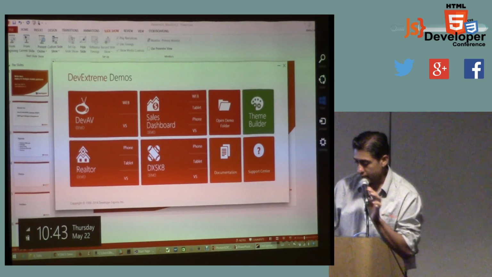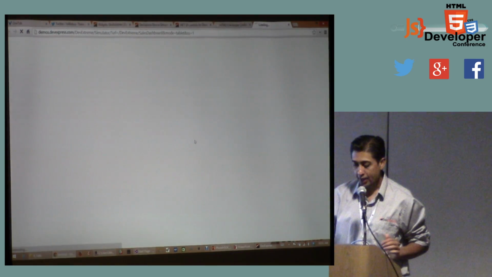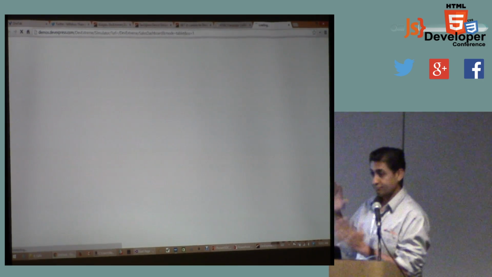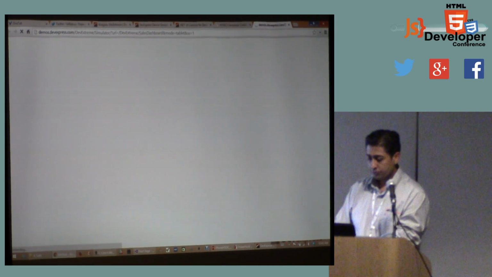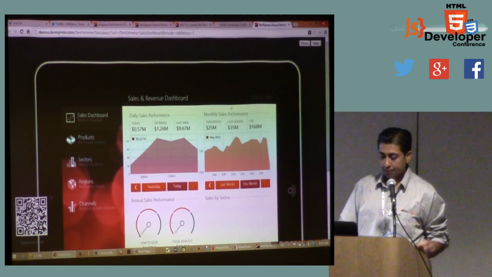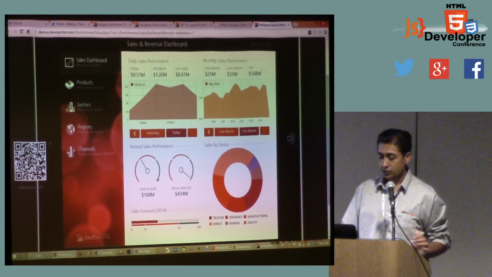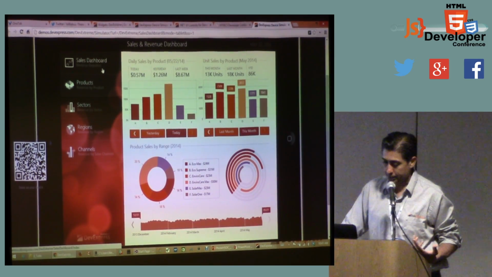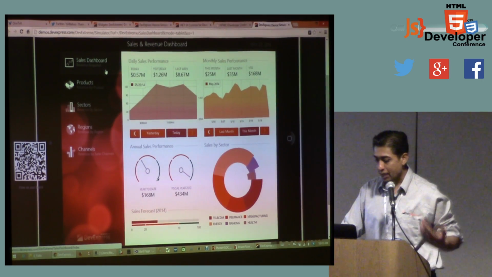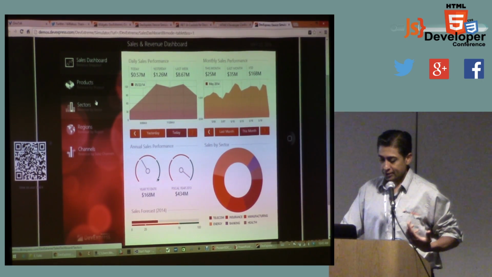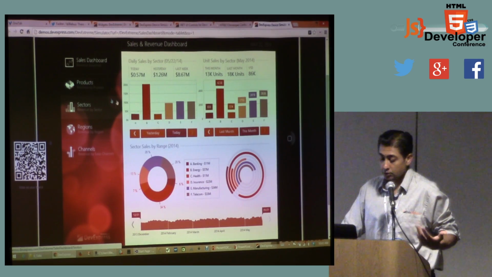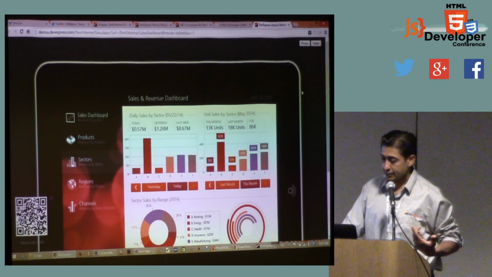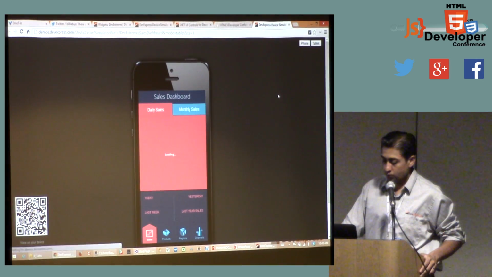All right, so these are some of the things you can build with it. Now, if you see this and you like it and you think that's the kind of cool stuff I want to make, this is what's possible, right? Now, this is all built using hybrid app mobile development, and that's kind of what I'm going to try to convince you today. So there are a lot of our customers that do things like enterprise development, right? They want to show off some KPIs or just some information out there that's available, and they wanted mobile. So this was one version of an app that we built, and this same app can scale, right? So that when you run it on a phone, it presents a different view.